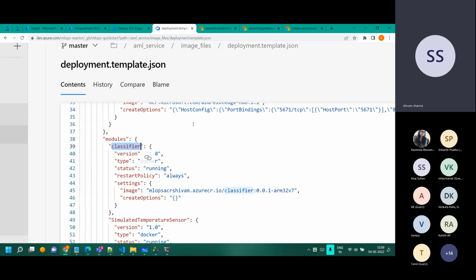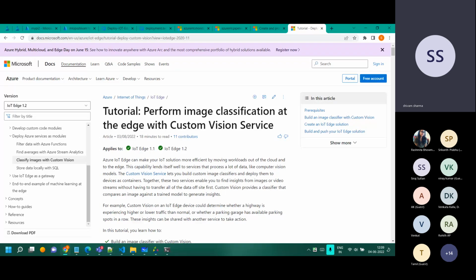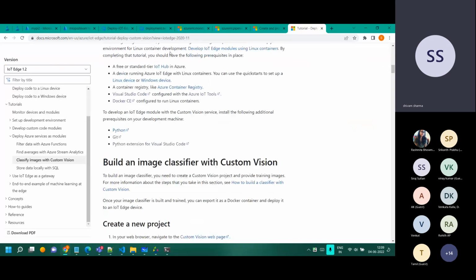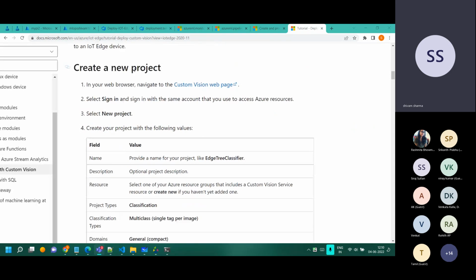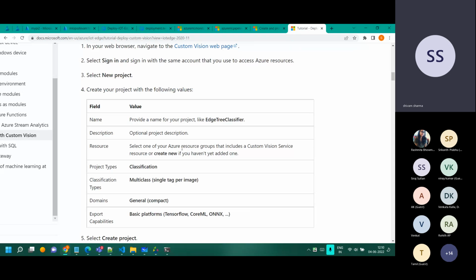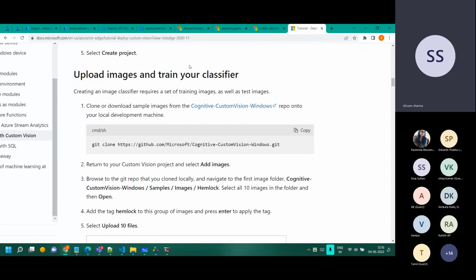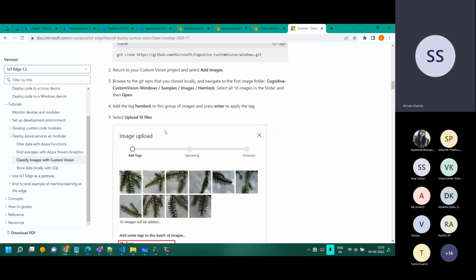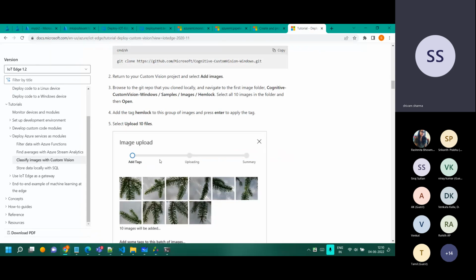Now, the configuration part of how it is supposed to be done is actually on this page. I'll give you the correct links to follow, because I have just shown you a part of it. But I think this is the correct page, so it goes in the chat window. If I walk you through this, you have to install a couple of extensions in VS Code. That's your new project. For example, some classifier is getting created here. This is not exactly what we are doing, but this is using Custom Vision. And in one of the previous sessions, I think we have already talked about this sometime back.